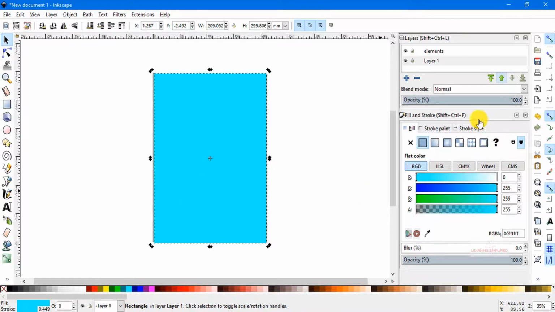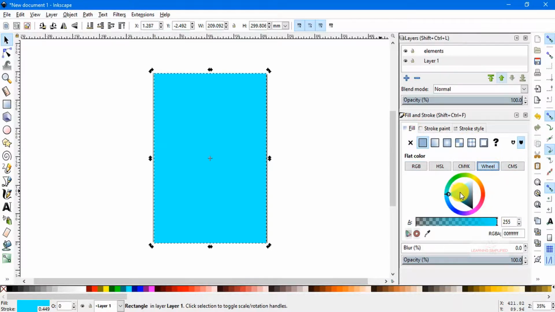We may use some different color property here, so let's get to fill, and here goes the wheel, and from here we will choose some different color like this one. So we have chosen this color, and say we are going to use this blue color right over here.